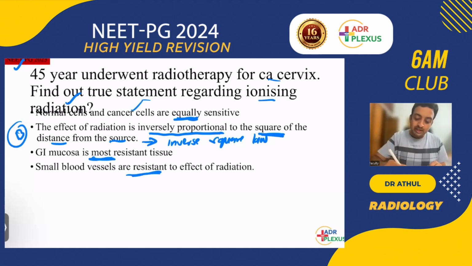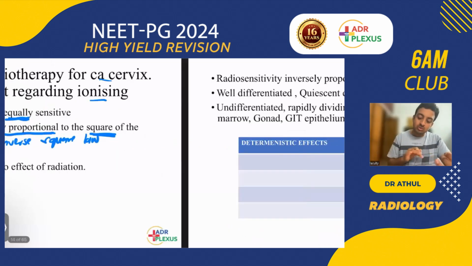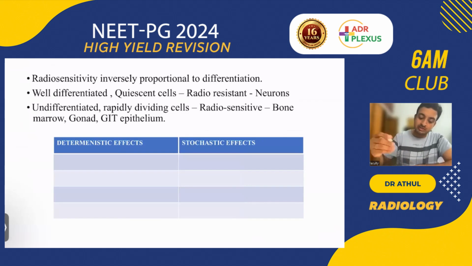Cancer cells are rapidly dividing cells, so they are more radiosensitive. GI mucosa is very sensitive because GI epithelium is also rapidly dividing epithelium. Whether the blood vessel is small or large, it will be radiosensitive. Some important points you have to understand: well-differentiated quiescent cells like neurons are radioresistant, rapidly dividing cells are radiosensitive, and 2 important effects I have to revise here are the deterministic effect